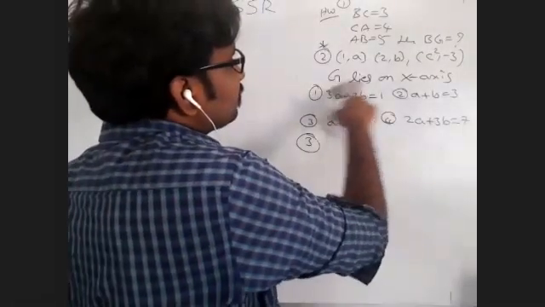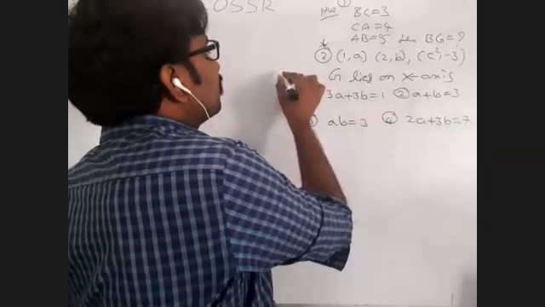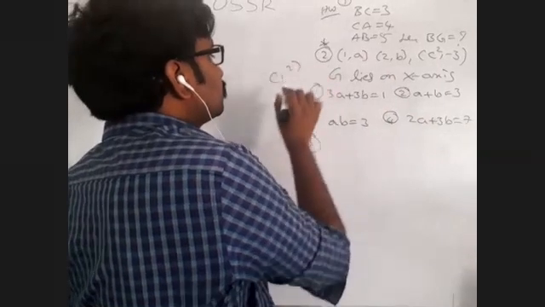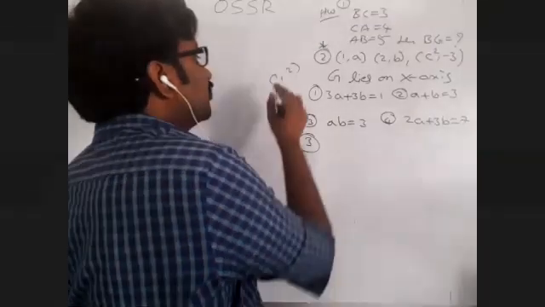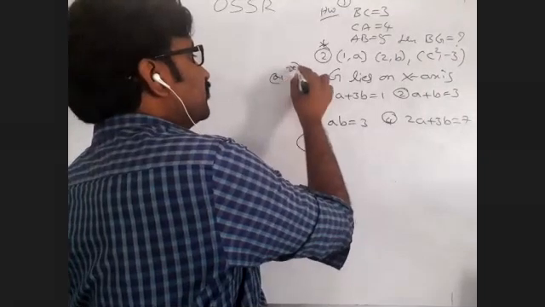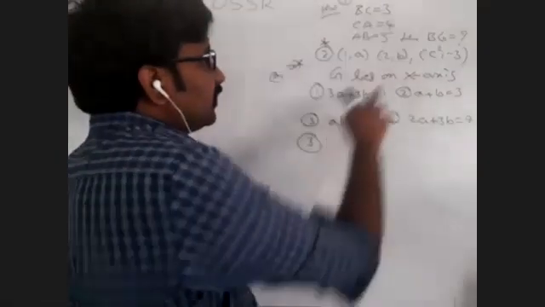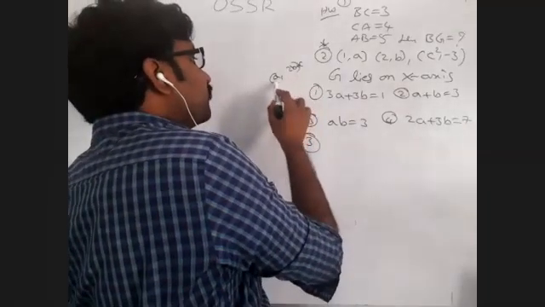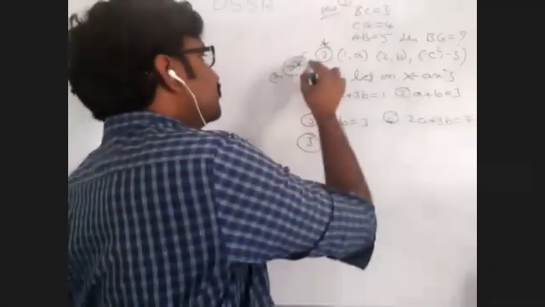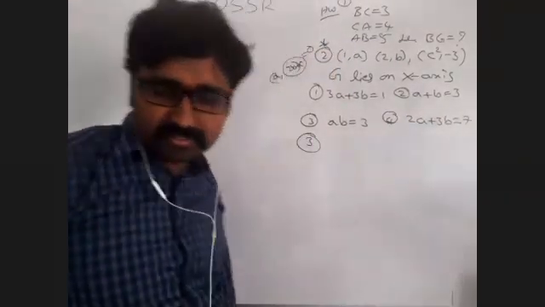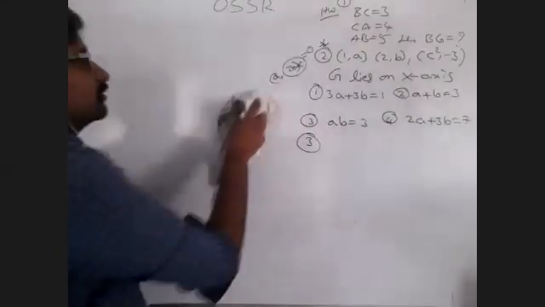Very easy. It says the centroid lies on the x-axis. If you get the centroid as something like 1 comma 2, or in terms of a, b, c, suppose a comma 2b plus c, the centroid lies on the x-axis. If a point lies on the x-axis, the y-coordinate will be 0. Make the y-coordinate equal to 0, and you will get the solution.